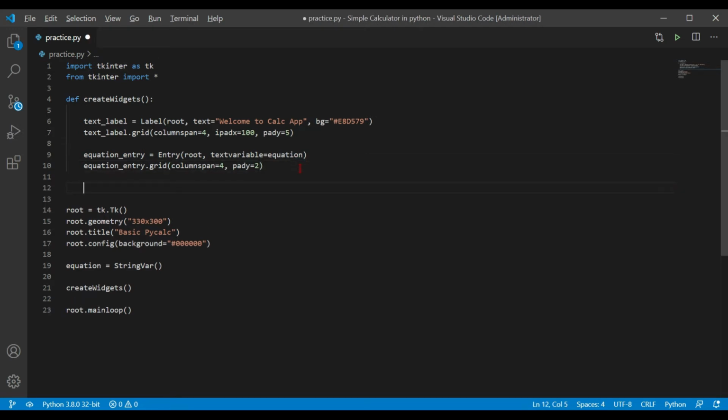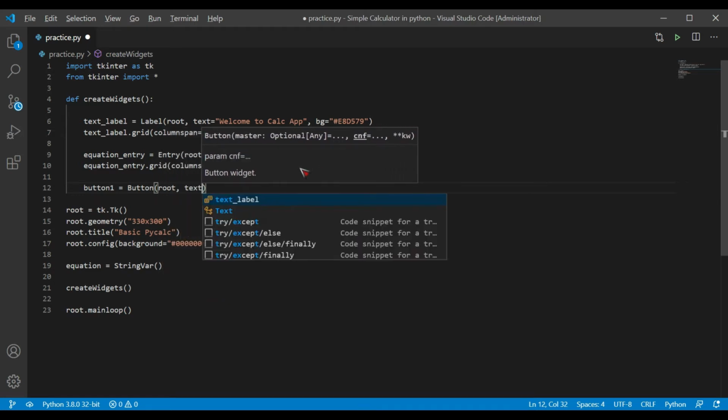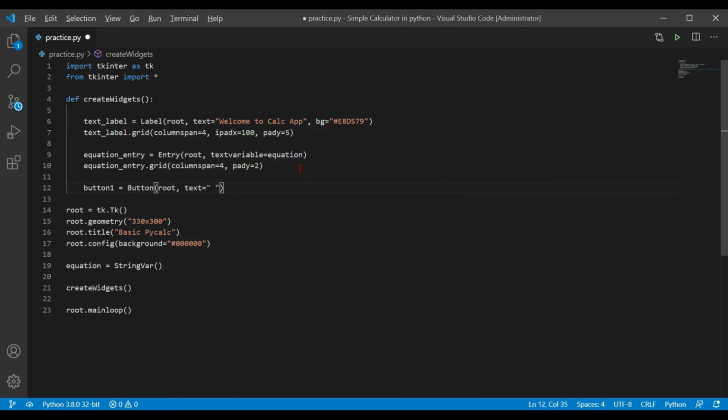Okay, now we'll be creating all the buttons, button 1, button 2, button 3, that would have the text 1, 2, 3, and all the numbers, all the add functions, and all brackets, clear, all clear. So we'll be creating that one. So let me create the first button. Let me name it as button 1. It is a button, of course. Button to root, and of course it should have a text. Let's give the text as 1 right now.